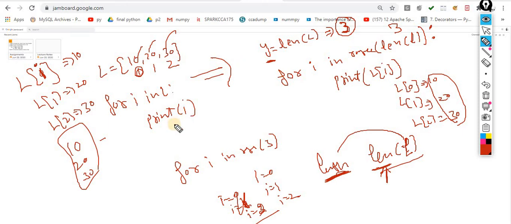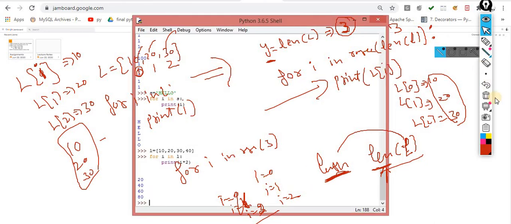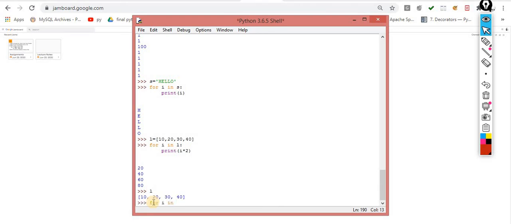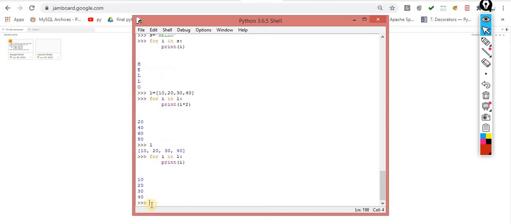This is another way. Sometimes we specifically have to use this way, because I will give you some assignments that can be completed only with the help of this way. Otherwise it's very difficult to solve. So I will show you this one. This one is a list L. For i in L, the first simple way, and print of i. This is the first simple way.